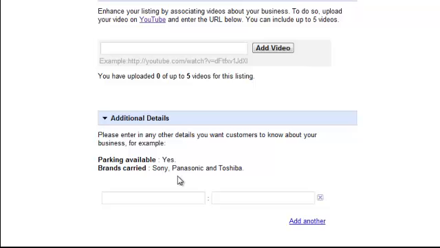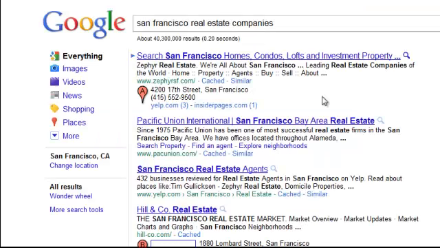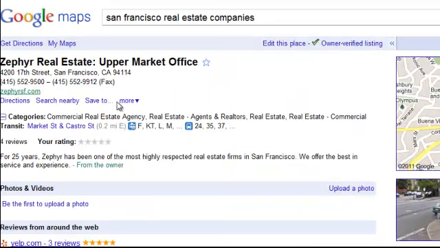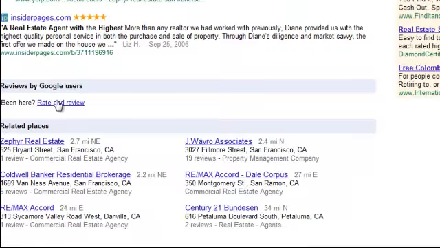Last part here is, what do you want people to know about your company? This is something you could go wrong. A lot of people try to do keyword stuffing here, like adding buyer services, foreclosures, and all that kind of stuff. You may or may not want to do that. Here's what I would do: go back to your Google Places and start looking at what other people have on the first pages. When you look at their places, do they have